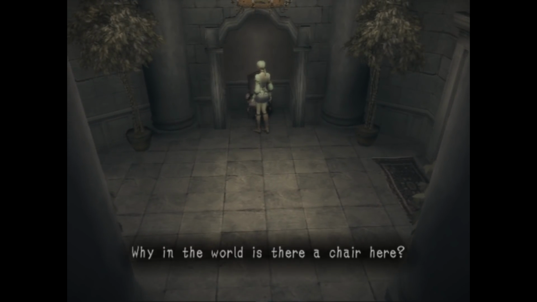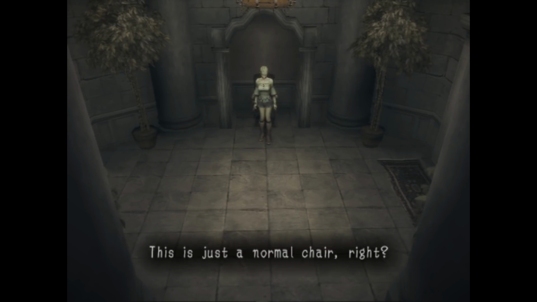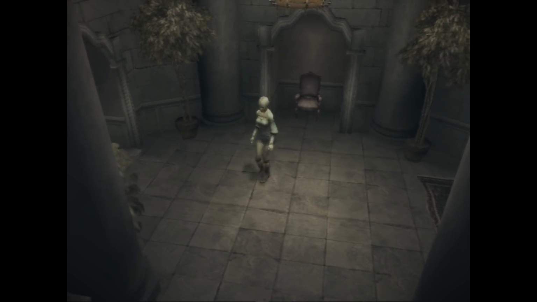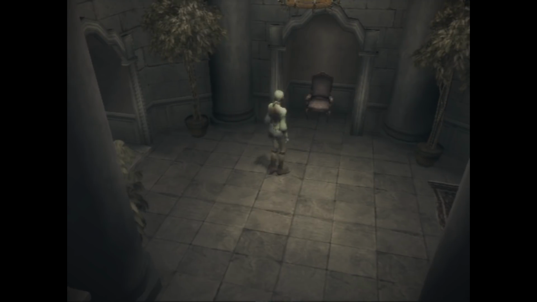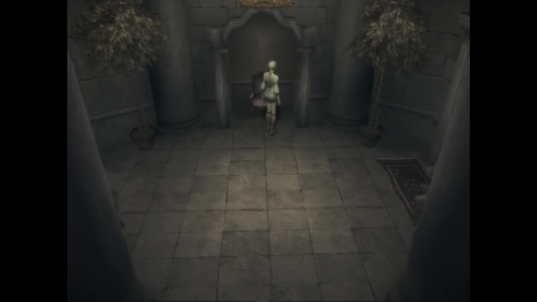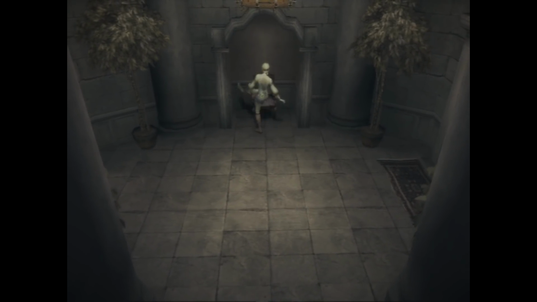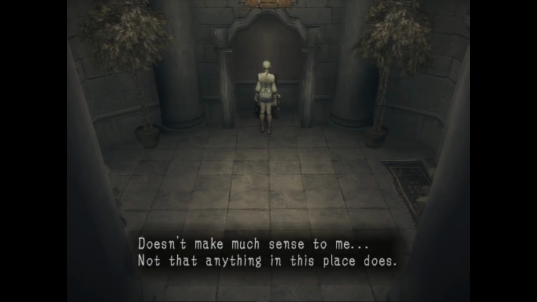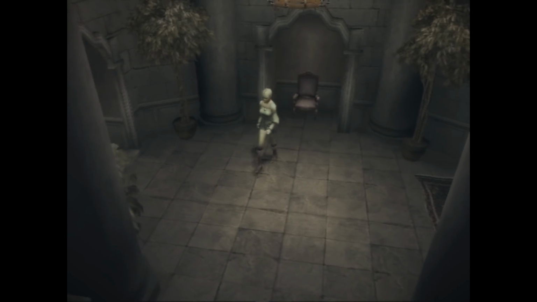Why in the world is there a chair here? That's the weirdest thing I've seen today. What? This is a normal chair, right? But how... I just don't understand. This chair, why? How could there be such a thing right here? It doesn't react when I kick it? Doesn't make much sense to me. No, this makes no sense at all. A chair. But...